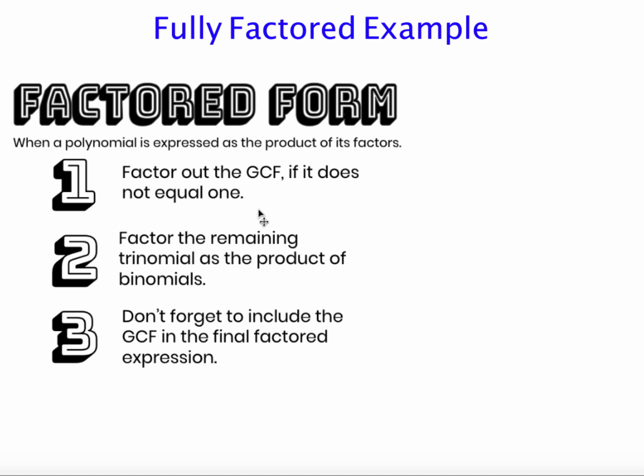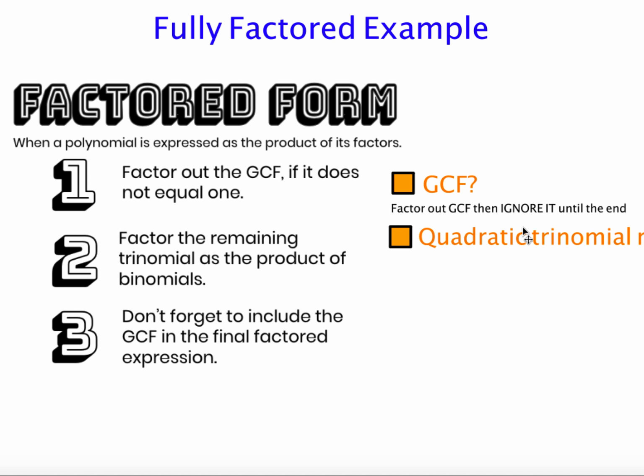We're always going to follow the same kind of thought process when we're asked to fully factor. First, we're going to look to see if there is a GCF. I'm going to make a little checklist here. Is there a GCF? It's the first step, always the first step. Look for a GCF. If there's a GCF, factor out the GCF and then ignore it. You ignore it till the end and then you tack it back on. Once you've factored out the GCF, you look and see if the factor without the